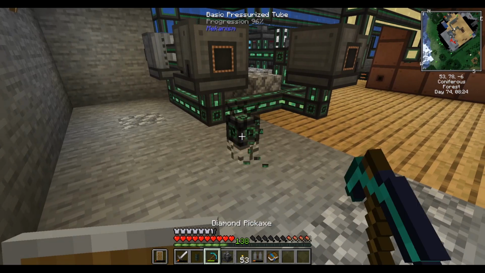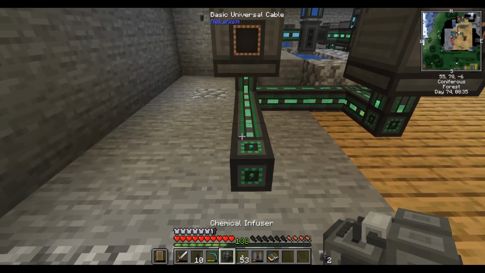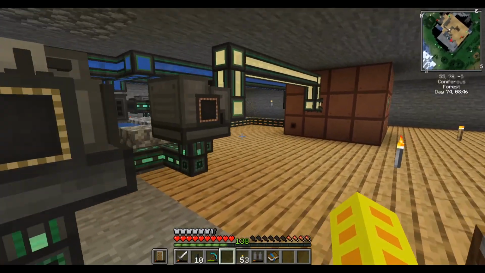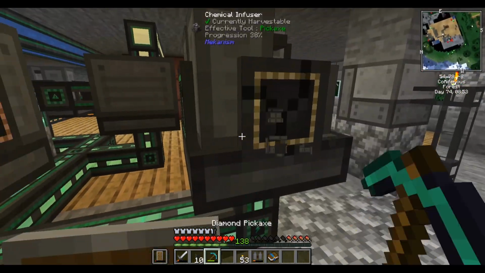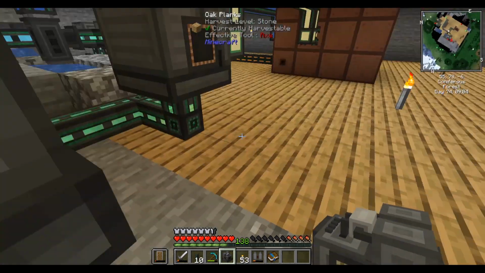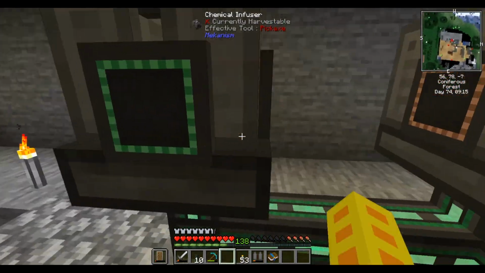Well, that's not what we want. Let's get our universal cables. So we're going to need a chemical infuser here, which will input... Wait. How does this work? So that's where it outputs. So we need to have this outputting to the front, say. No, we'll have an output to the back, actually. There we go. And then that will infuse sulfur with oxygen, so I'll need to figure out how I'm gonna...